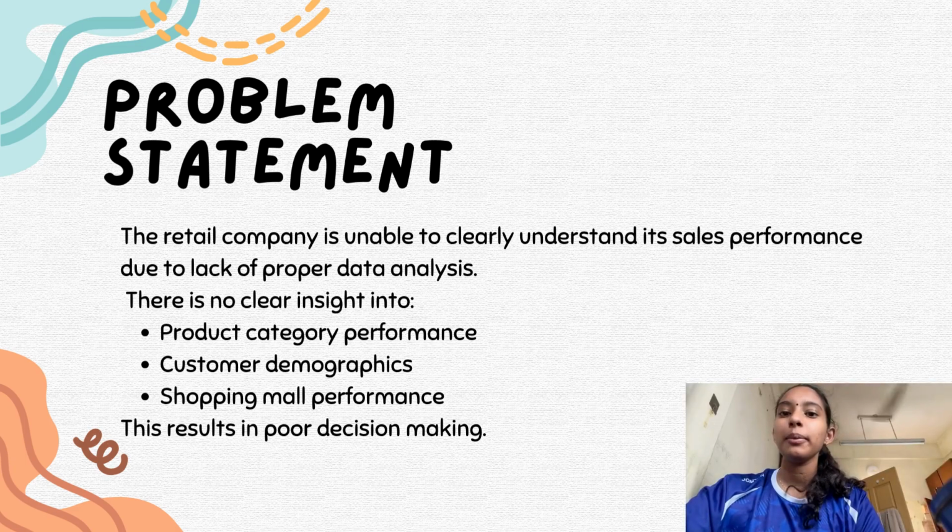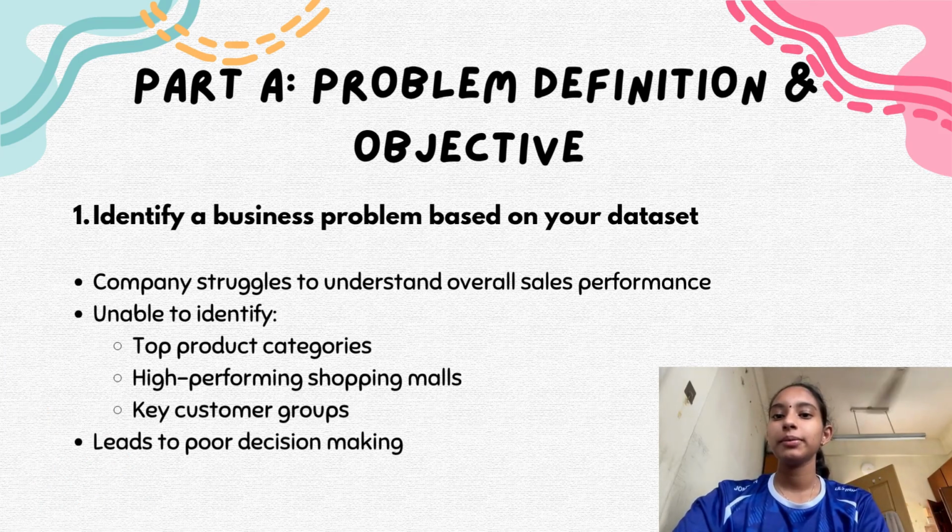Problem scenario. A company is facing difficulties in understanding its business performance due to raw and unstructured data, lack of proper data cleaning, no clear analysis for decision making, and ineffective reporting and visualization. The main business problem is that the company struggles to understand its overall sales performance. It is unable to clearly identify top product categories, high performing shopping mall locations, and key customer groups. As a result, this lack of insight leads to poor decision making and limits the company's ability to improve sales